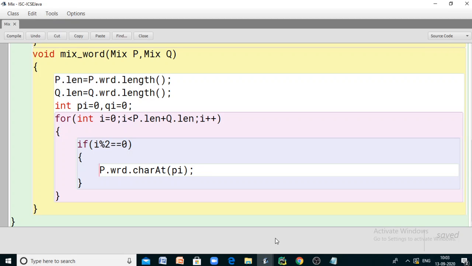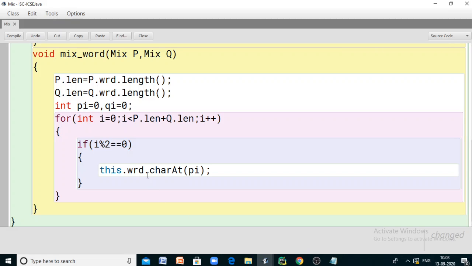That's by using the this keyword. So this is denoting the object by which the method is called, within that method. So this dot word denotes the word member of the object by which this method is called.